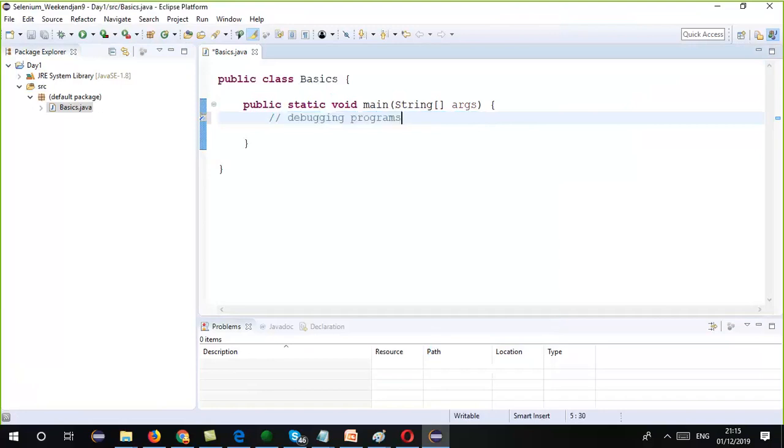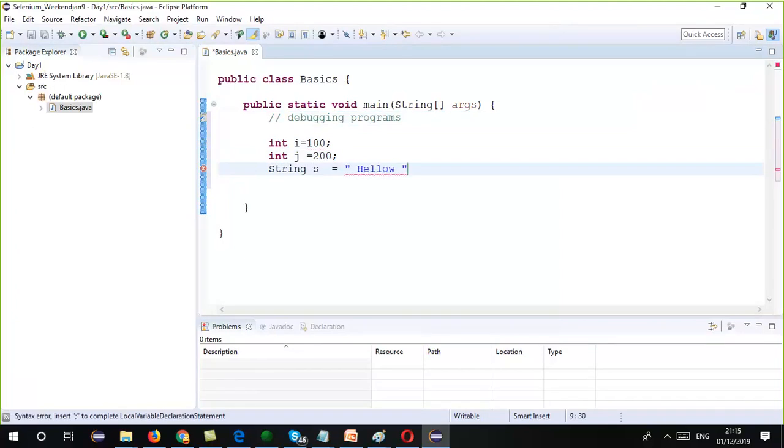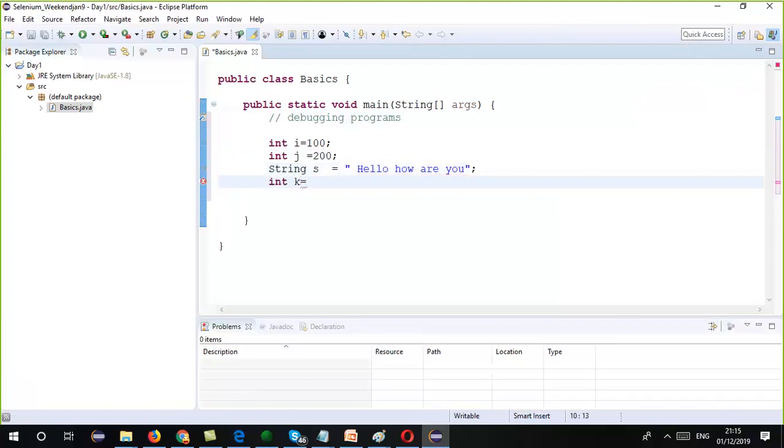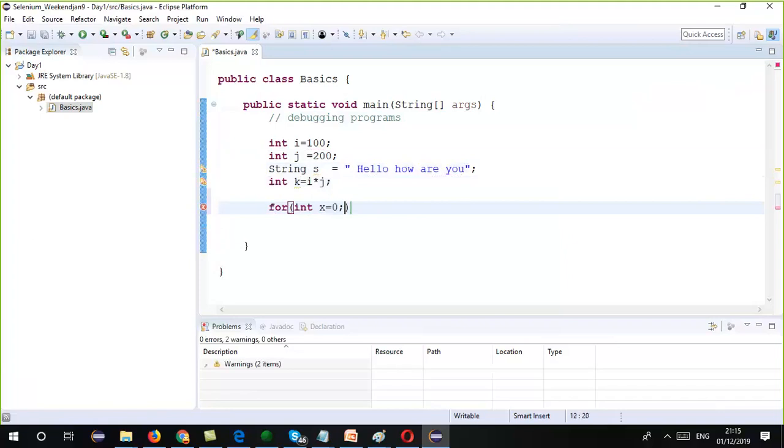Suppose I declare a variable int i equals 200. I'm assuming that you know the basics of programming languages. Say there is a string s equals "hello, how are you?" And then I declare a variable int k equals i multiplied by j. And then I write a for loop: for int x equals 0, x less than k, x plus plus, and you just print the